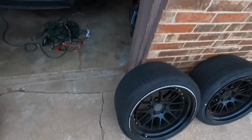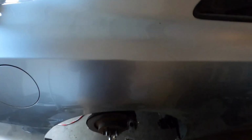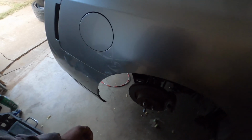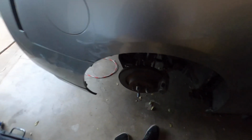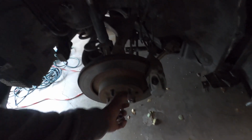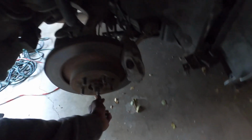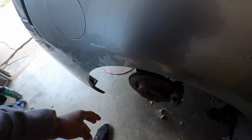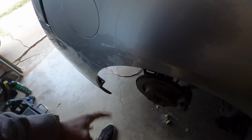I'm so excited, yo, because I've been wanting wide wheels. But I do know that my wheelbase is not really centered, so I might be hitting like the bumper and stuff right now, because I have to do some custom. Basically everything back here has got to be custom. So I'm gonna go ahead and take these lugs off real quick, and I want to see just a quick idea if 19 by 11 plus 22s will be wide enough for what I'm wanting. So yeah, I'm gonna go grab the wheel real quick, roll it over,